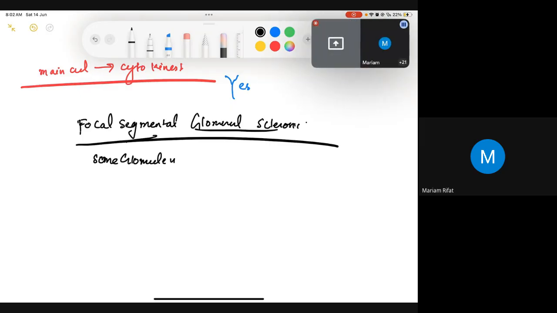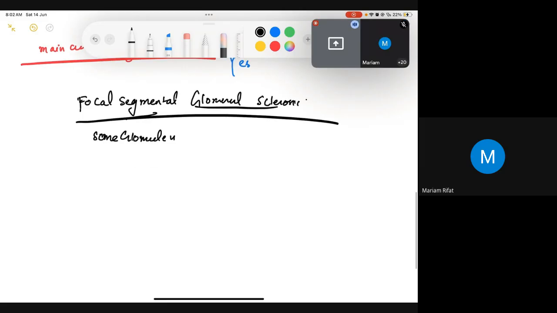Some of the glomeruli, and only a specific part of the nephron, will be affected, getting sclerosed or thickened. Okay, that's perfect, right? Sclerosed and thickened. Again, the same thing happens in focal segmental glomerulosclerosis. What same thing? Effacement of podocyte processes. But this time, the culprit behind the effacement of podocyte processes